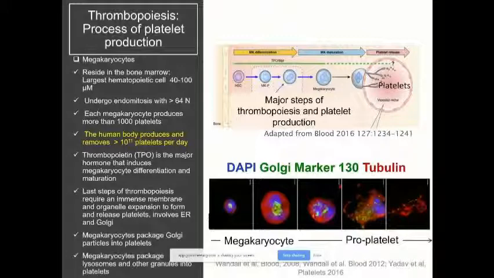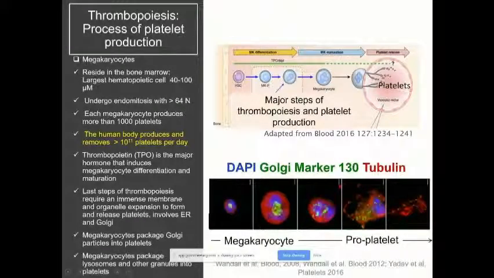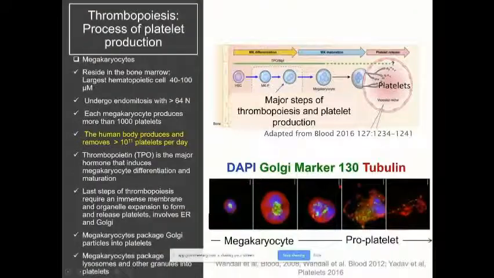So the last steps of thrombopoiesis, essentially when the platelets are released, require an immense membrane and organelle extension to form and release those platelets, and then releases the endoplasmic reticulum and Golgi, obviously. What this depicts is one of these megakaryocytes in different developmental stages. What you see here is a Golgi marker shown in green that sits in the small megakaryocyte. When the megakaryocyte expands, this Golgi apparatus will become larger and then enlarges again. At some point, when this proplatelet release is taking place, the Golgi disintegrates into something we call Golgi outposts. So they are getting out into these proplatelets to produce